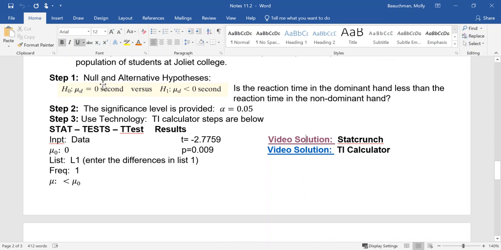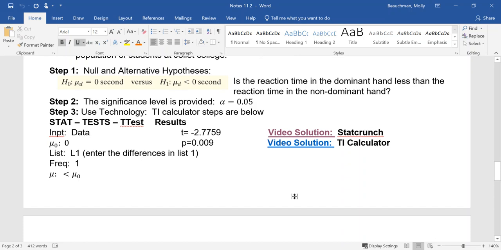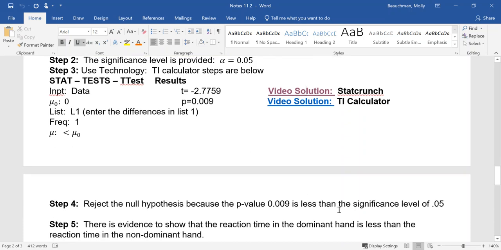So the null and alternative hypotheses. Null is always the mean of the differences is 0 seconds. Then if the question is, is the reaction time in the dominant hand less than the reaction time in the non-dominant? So if we took dominant minus non-dominant, then we're checking to see if the differences are less than 0 seconds. Are they faster? So what we're using in the calculator,